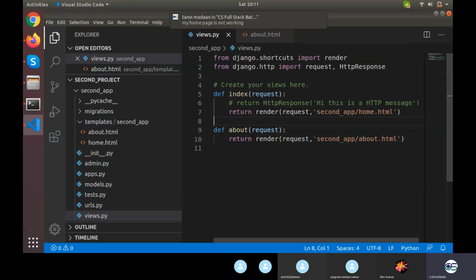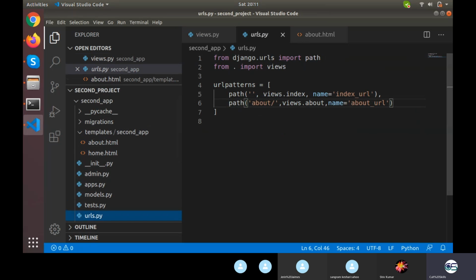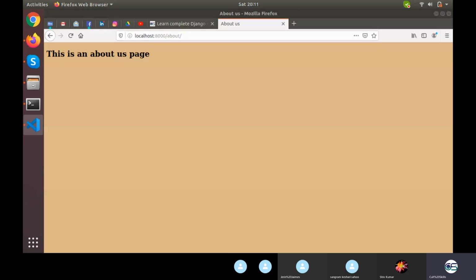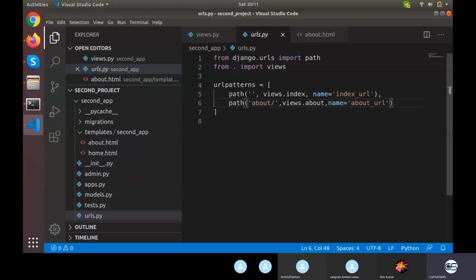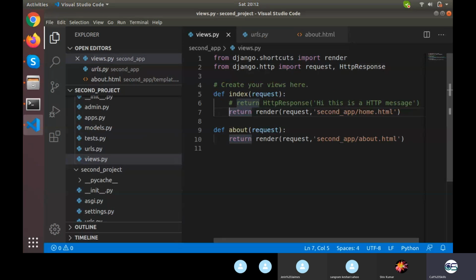If your home.html is not working, check if this thing is as it is or not. The steps were: firstly add a URL for that part. Basically, how does a customer look into your website? The customer will write something, suppose slash about. So with slash about you know that you need to write a URL for slash about, which will call a function and which has some name. The name is for backward calling, which we'll talk about later. That function is doing nothing but rendering an HTML, and that HTML is what we have designed.